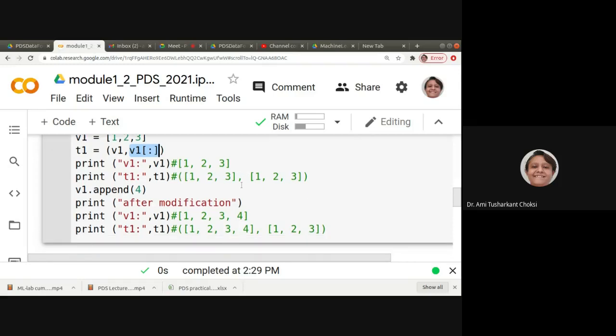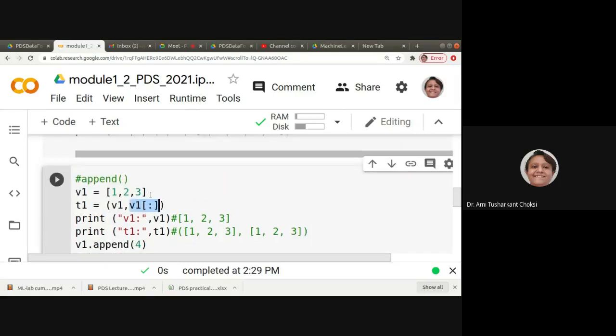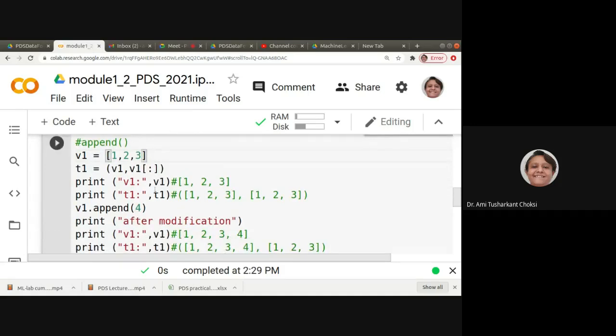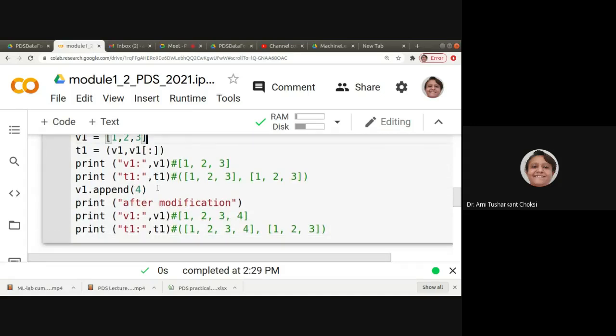Okay. Now what I do is V1 dot append 4. So we are changing the original list V1, so the tuple which references it will also be changed. If I print V1, it will be 1, 2, 3, 4. And if I print T1, it will be 1, 2, 3, 4 and 1, 2, 3. Got the point?